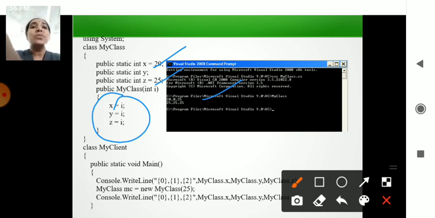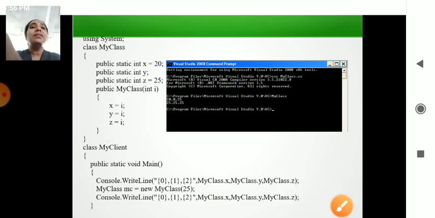So whichever variable is there is initialized: i is stored in x, the i value is stored in y, and the i value is stored in z. The i value is taken as 25 here. You can check it in the program. So all the variables x, y and z will be initialized with 25 when they are called.